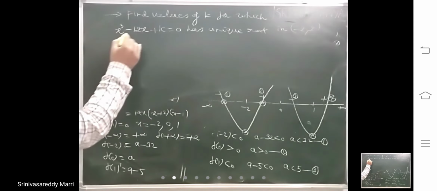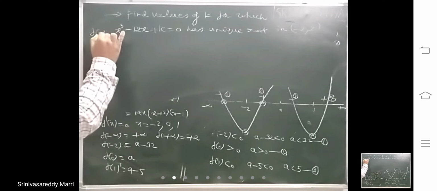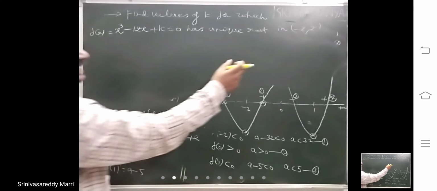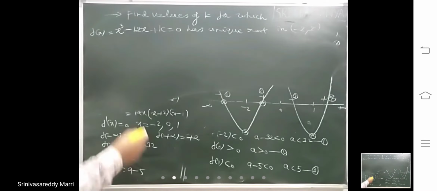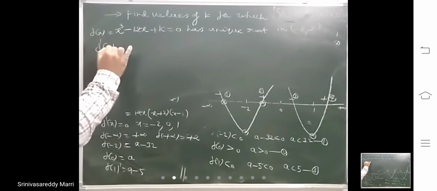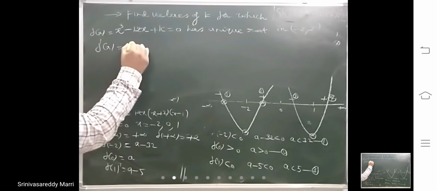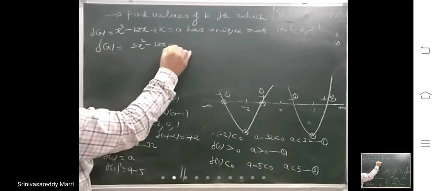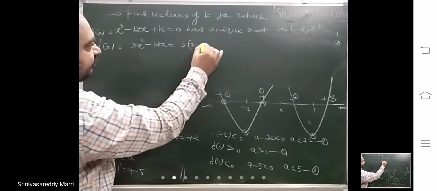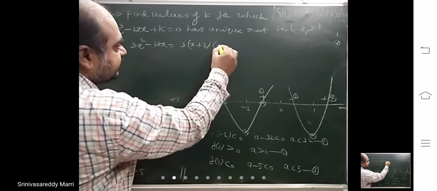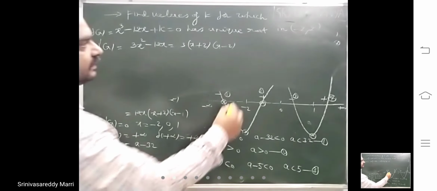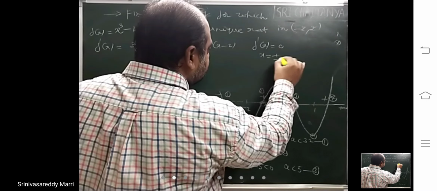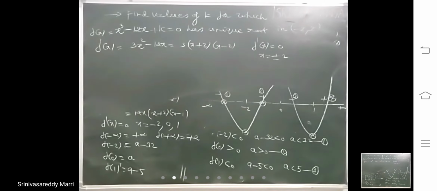Take the derivative. This given equation is f of x, right? Where is it increasing, where is it decreasing in that interval? You have to find out f dash x. F dash x is nothing but 3x square minus 12, so 3 into x square minus 4, that means x plus 2 into x minus 2. So if you are constructing the graph, f dash x equal to 0 gives plus or minus 2.